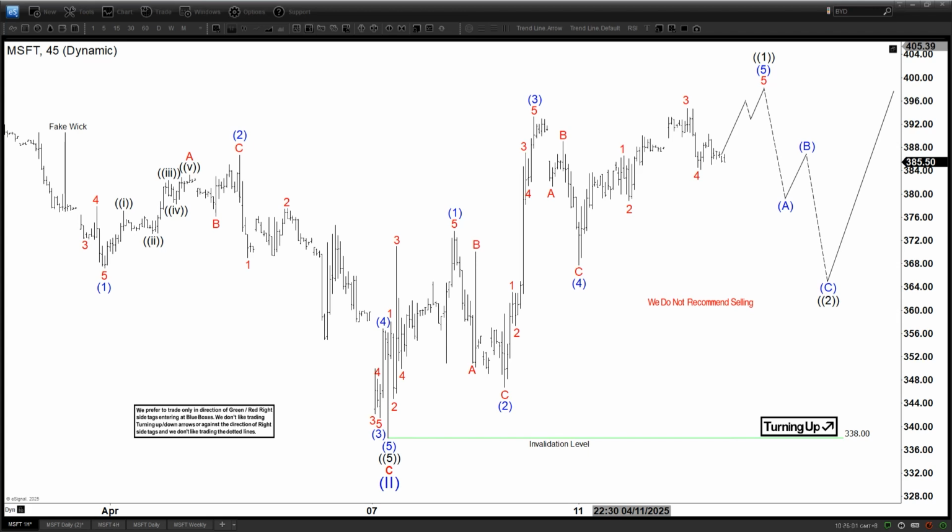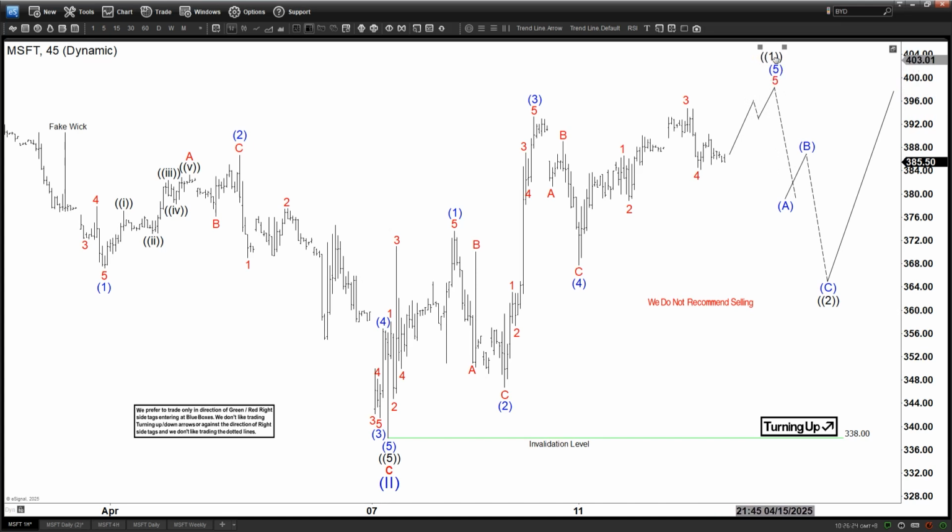Today is April the 15th and today we're going to be looking at Microsoft. Here is a 45 minutes time frame, which is similar to the 60 minutes, basically 1 hour time frame. We can see right here we have stabilized a little bit after a very volatile week, right, with all the tariff war going on. And we can see here, shorter cycle at least, that Microsoft has started to rally after